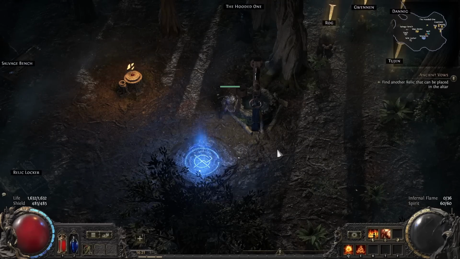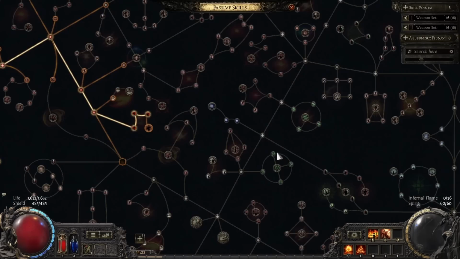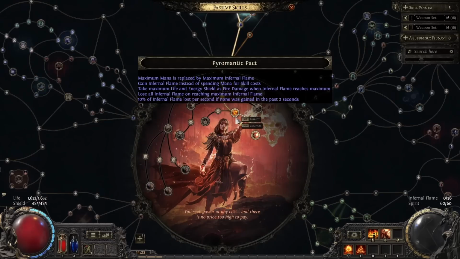I'm on an Infernalist character right here, and the reason why I'm using an Infernalist is because the Infernalist has a node called Pyromantic Pact, and what this node does is basically replaces your normal mana pool with Infernal Flame. And Infernal Flame pretty much flips the idea of mana on its head. Instead of beginning with a full mana pool and you spend mana and you slowly deplete mana, you instead begin with an empty mana pool, and whenever you spend mana, you actually gain Infernal Flame, and then whenever you reach maximum Infernal Flame, you will take maximum life and energy shield as fire damage, and that comes in one full